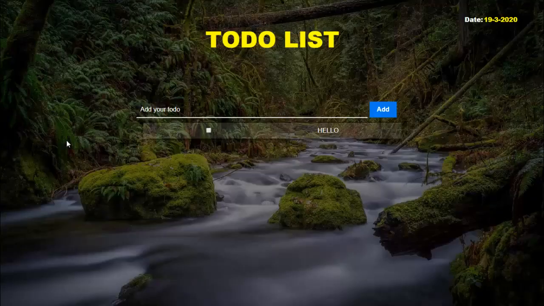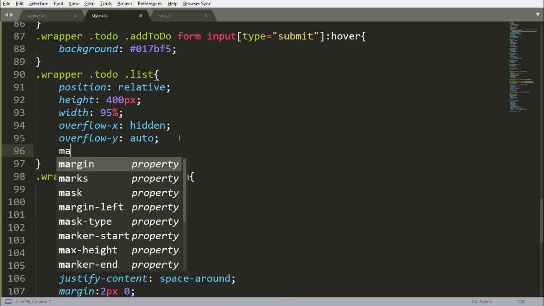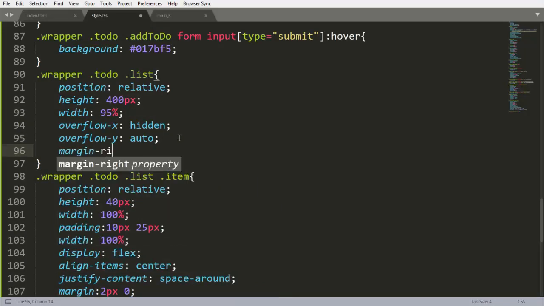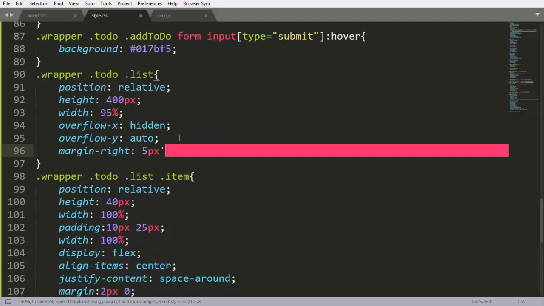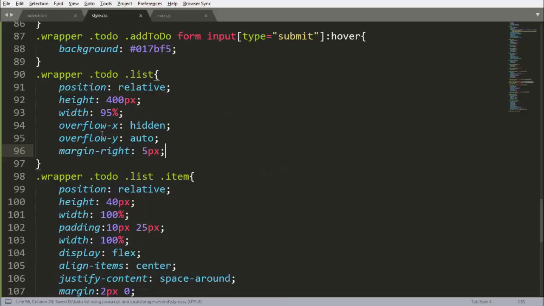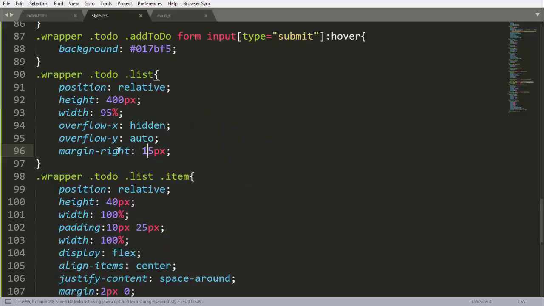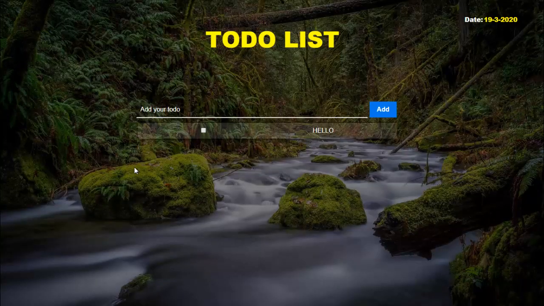Reloaded, 95 is okay here, and margin right we want 5 pixels. Let's take it as 15 pixels, 25 pixels. Now it is looking good.